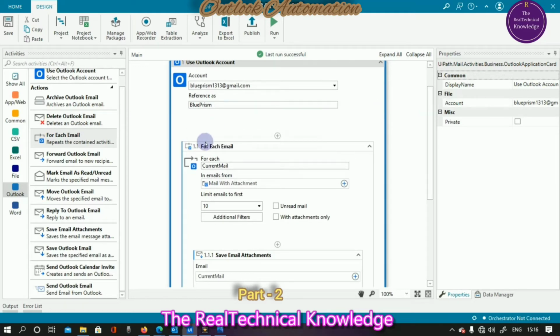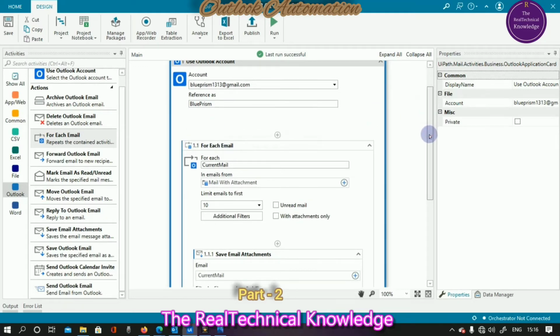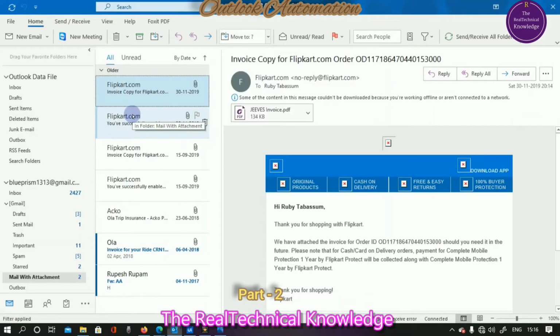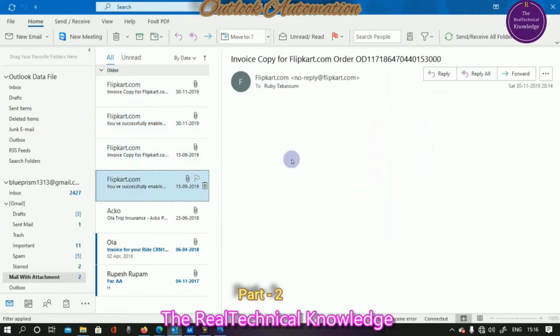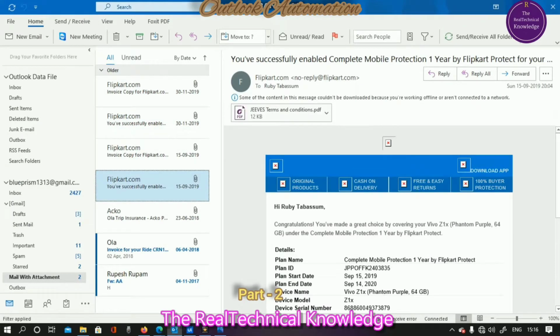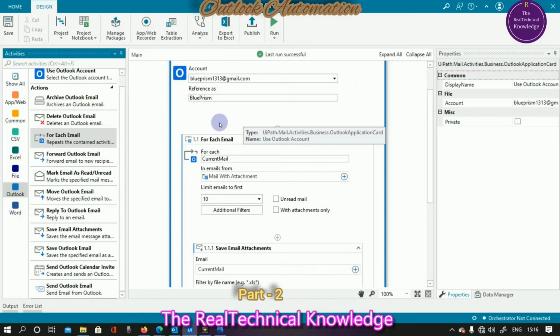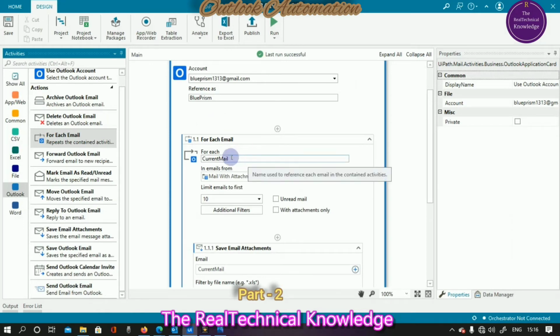After pulling the resource, we need to put some actions in. Under the action we need to put For Each Email, because if you look at Outlook, how can we read emails? By clicking on each and every email. UiPath will do the same thing: go to each and every email and then perform the action. Under For Each Email, the For Each option is always Current Email, because UiPath will consider the first email as the current email, then the next email as the current email. Then we have another option there,